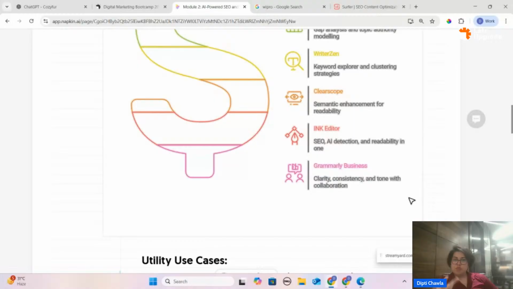Copyscape, plagiarism check, and also the Grammarly Business tool I use many times because it helps me identify the source of copied content taken from different websites. Then Grammarly helps me nullify the score of copied content and reframe it in a better way. Of course, you have to use your brain there.